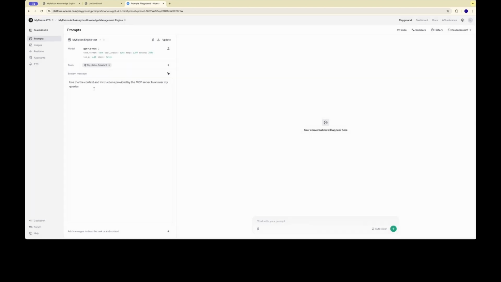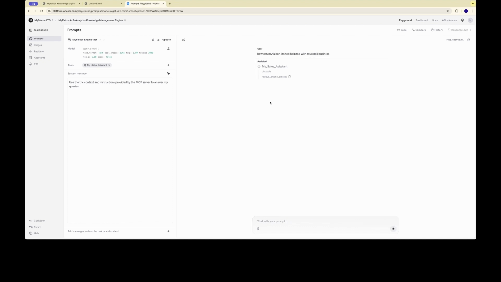So we will see it now. It recognizes the MCP server, and then you can add it. You provide some system instruction on how to use the MCP server. Then you chat with it like you did before with our widget and the web agent, and you will see that,